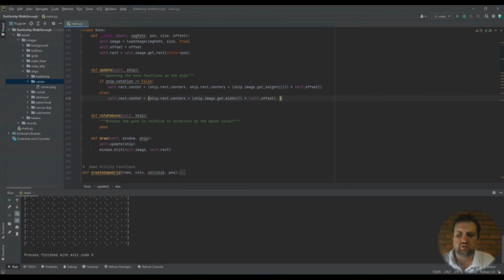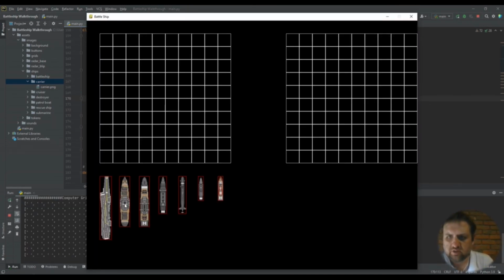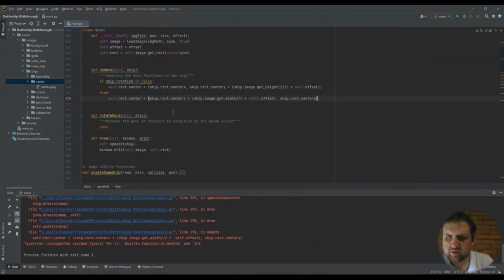And then Ship.rect.center y. So that should deal with the rotation of the ships and the guns. So we'll take our battleship, we'll put it there, we'll rotate it, we crash,